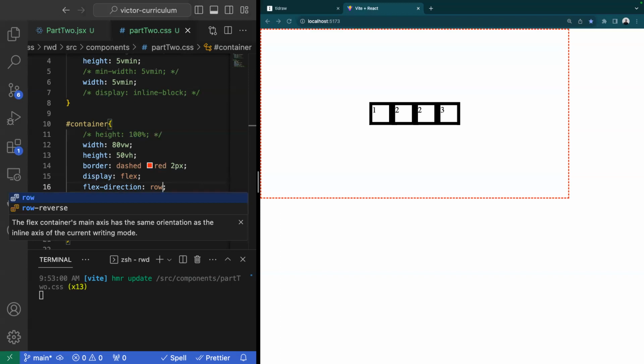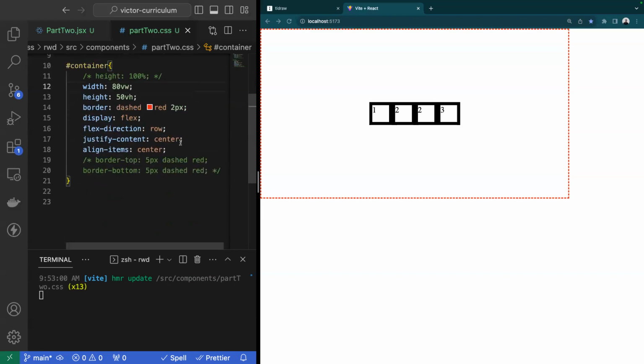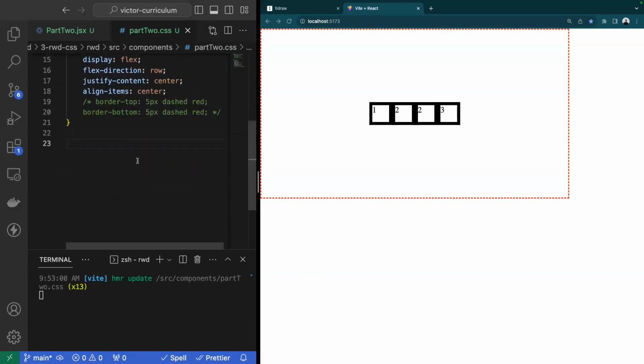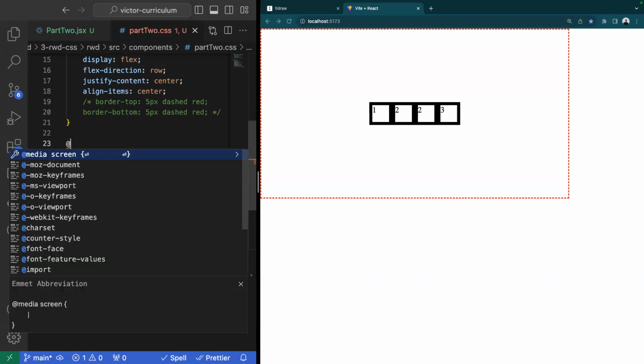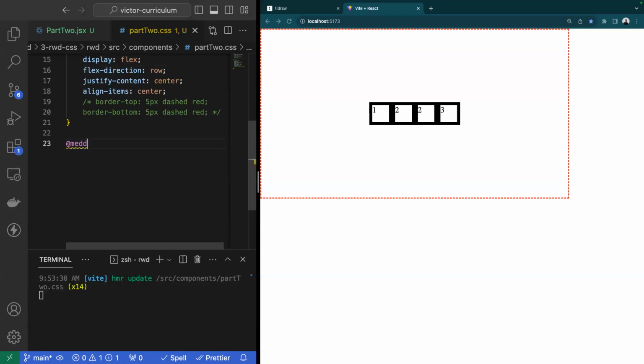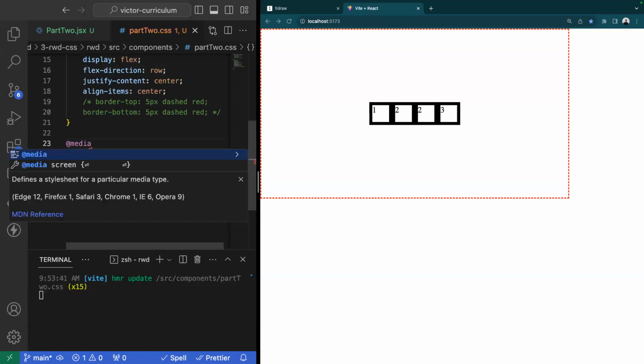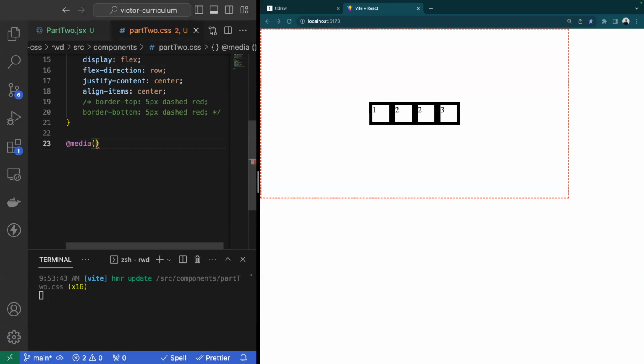Okay. Then in that case, the last thing we're going to go over today is media queries. Maybe once your screen gets to a specific width or a specific height, you want some sort of behavior to happen. Well, you can do that utilizing a media query. You can see VS Code is already trying to give me a hint: are you trying to do a screen media query? Yes, I do. But instead of utilizing the shortcut, I'm going to go ahead and type it out. So I'm going to say at media,